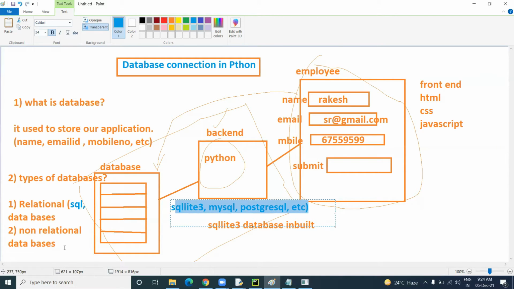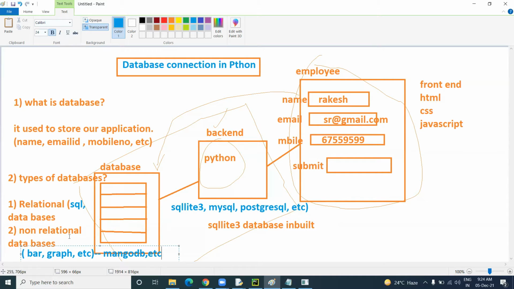And the second one is non-relational databases. These are not stored in the format of tables. They will store in the format of bars or graphs or any other format. They don't have a relation between tables, rows and columns. They can read the data based on the name of the content: whatever data you want, you can call it by that name. An example is MongoDB, etc. We also have so many other databases.